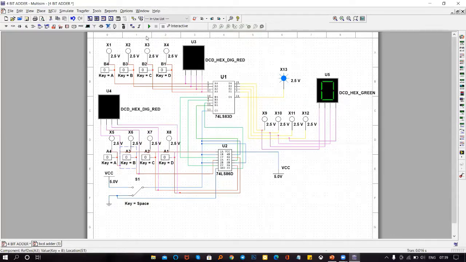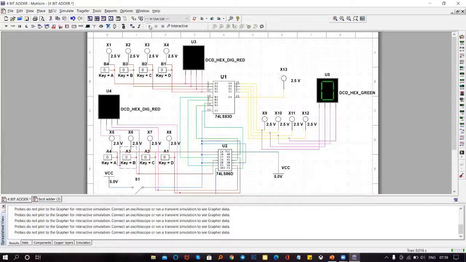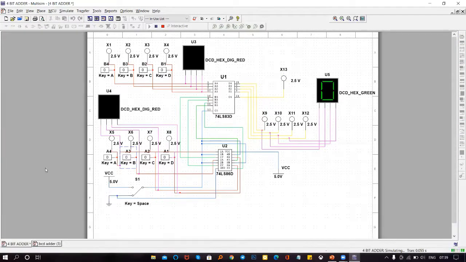Let's verify the output. You can also run the circuit by using F5, or you can press this green play button. So let's run it. Let's give the input. Let's say 4 plus 2. It says 6.